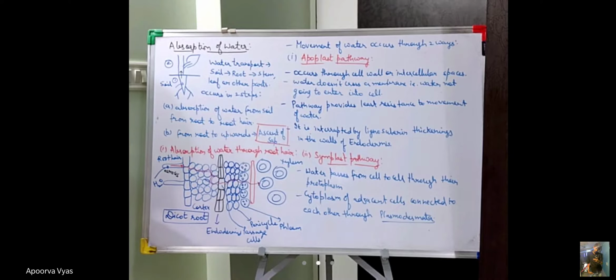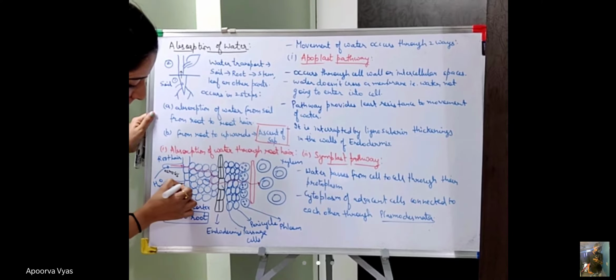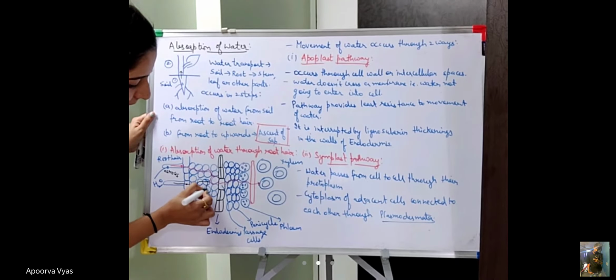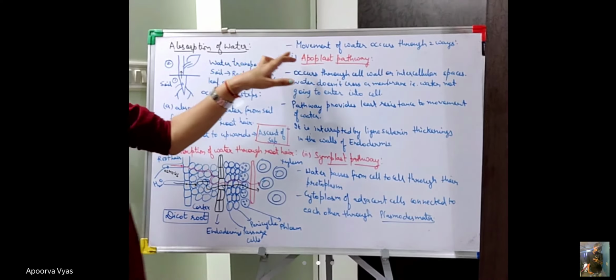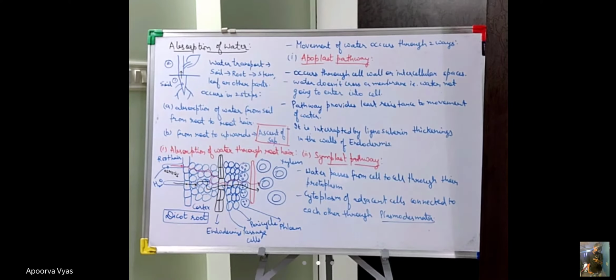सेकेंड पाथवे कैन बी, सेकेंड पाथवे में क्या होगा? इन सेकेंड पाथवे द वाटर will not move through the intercellular spaces, rather it will directly move through the cells. So इसमें क्या होगा कि यहाँ पे से water enter किया, it will enter into the cytoplasm of the cell and then through this cell and then eventually it goes on to the xylem vessels. So ये जो मैंने दो pathways draw करे, they are the two different mechanisms. So one is apoplast pathway and the other is the symplast pathway.